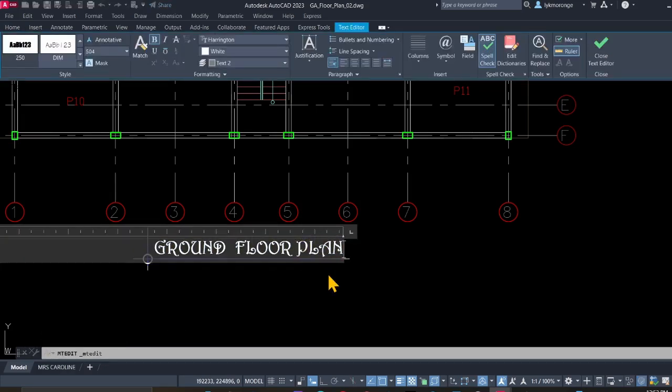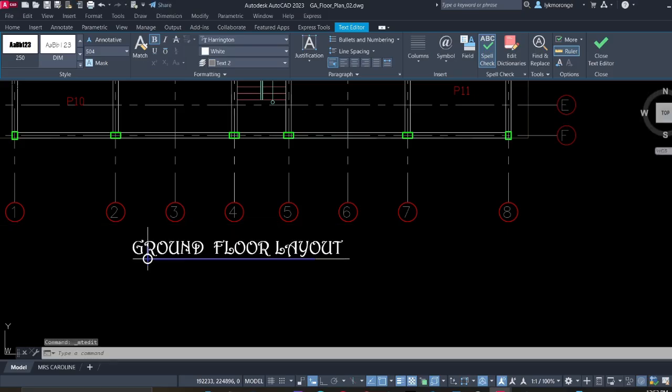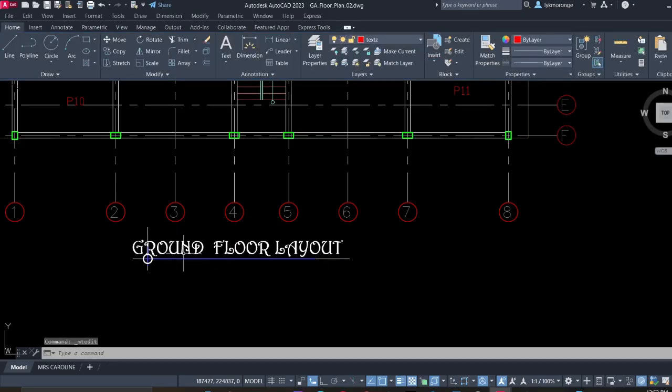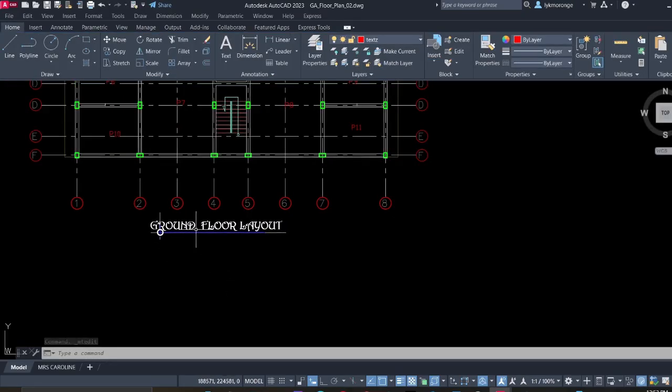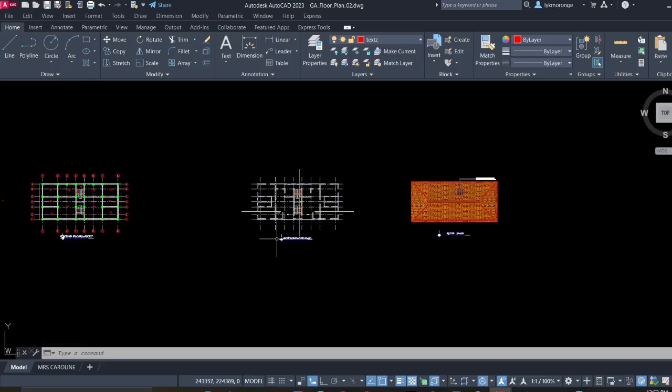set of plan, you can change it now to layouts or foundation layout. This ground floor layout, general arrangement, ground floor layout. You can simply name it like that. And now with that one,